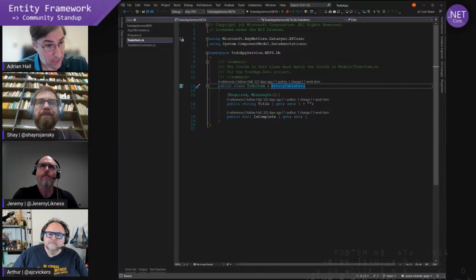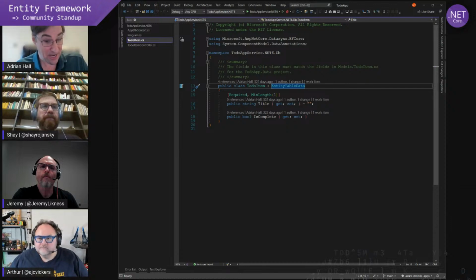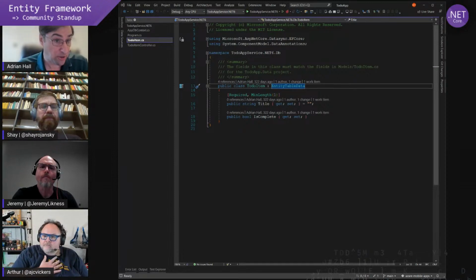You've got a concrete implementation of that for Entity Framework, that's EntityTableData. And then you've got a repository that requires something that inherits from EntityTableData, and that sets up the required updates that are needed within the database for you. Could you inherit from ITableData and implement the fields yourself? Certainly, but then you'd have to adjust the repository as well to match. Yeah, makes sense. Hopefully we'll look at that a little bit more later.